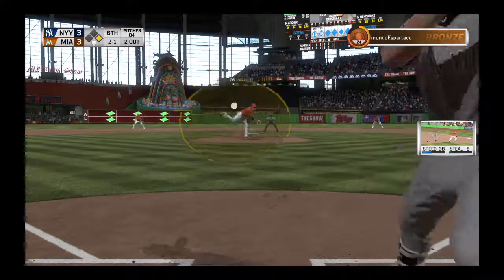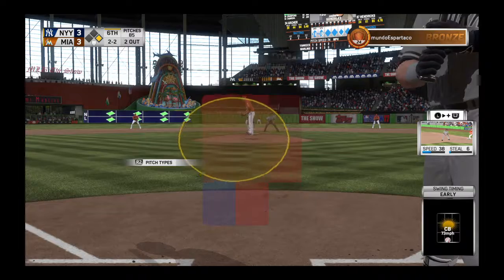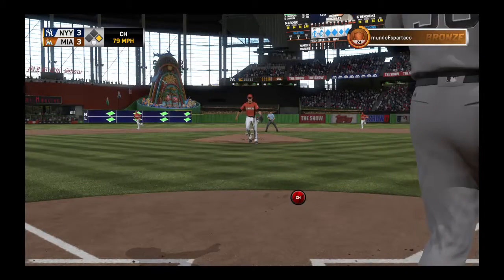Here's the 2-1. Couldn't wait back. A swing and a miss. Now that's a good curveball. That's the old 12-6 from midnight to 6 a.m. A swing and a miss. That retires the side, and